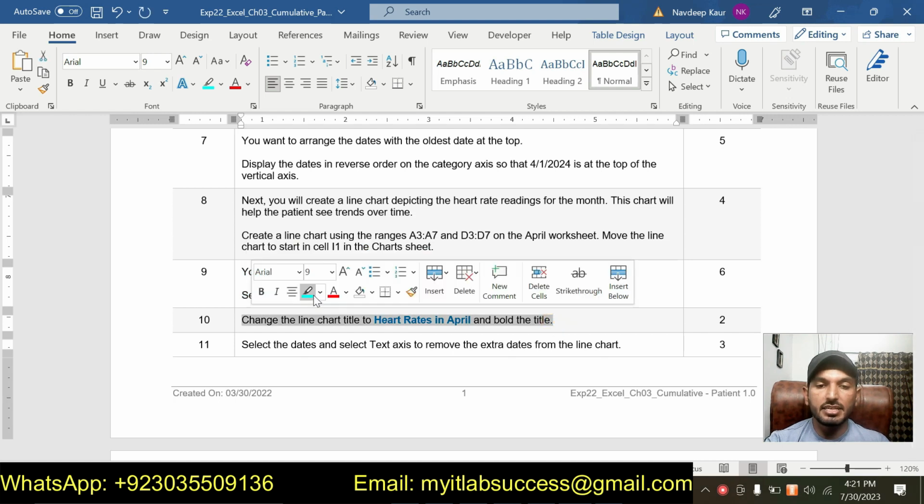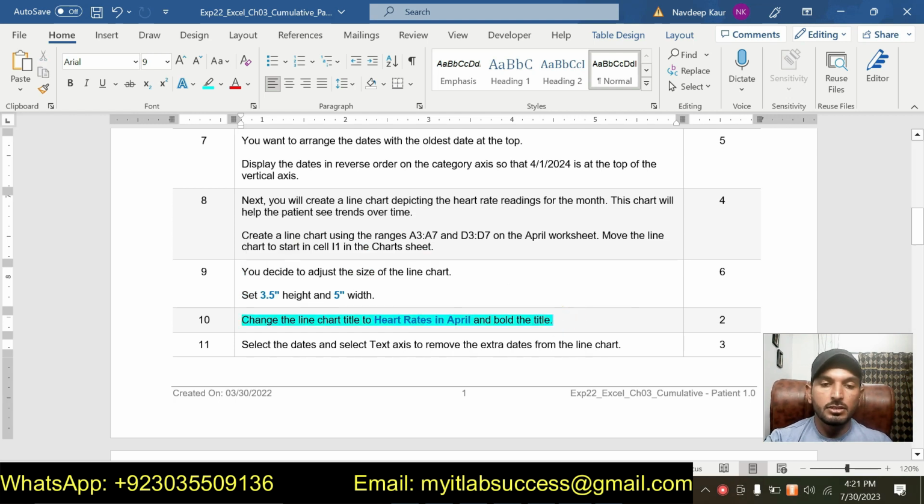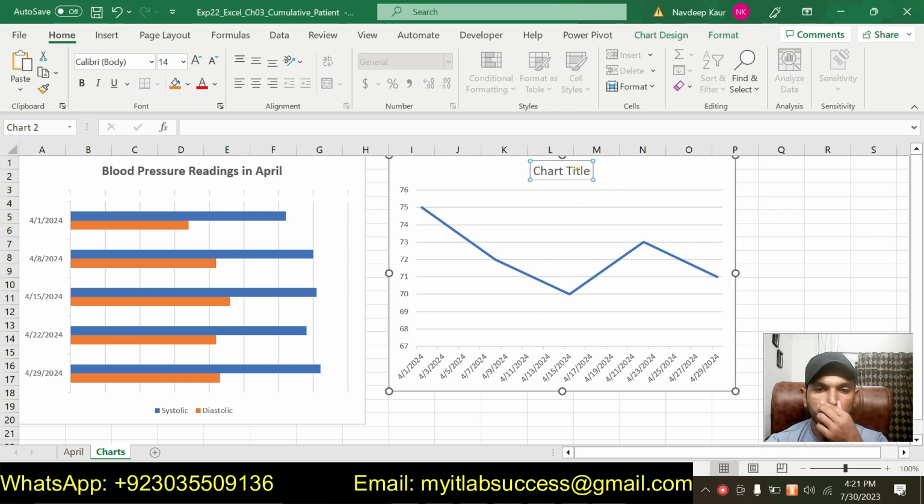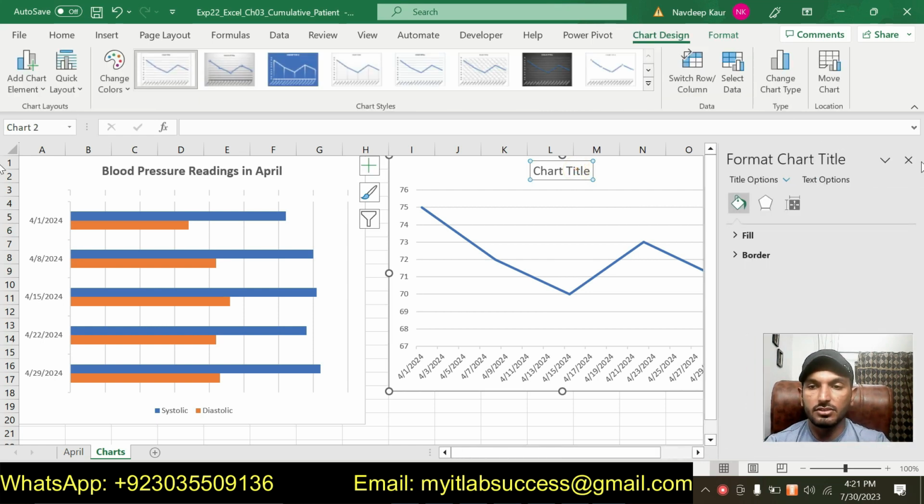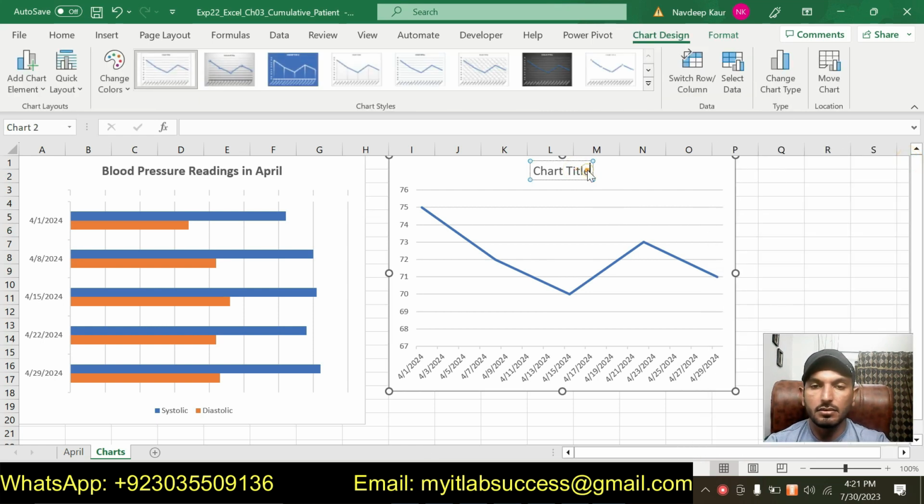So next step is step number 10. Change the line chart title to heart rate in the April and bold the title. So now we are supposed to change the title of the line chart, and the title should be heart rates in April. So simply change this title